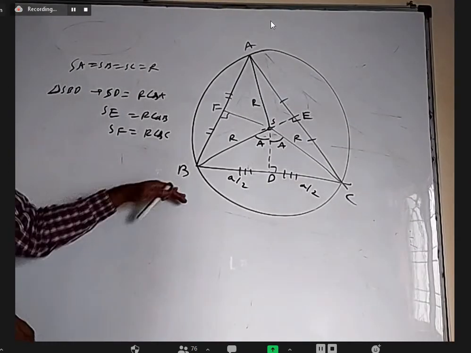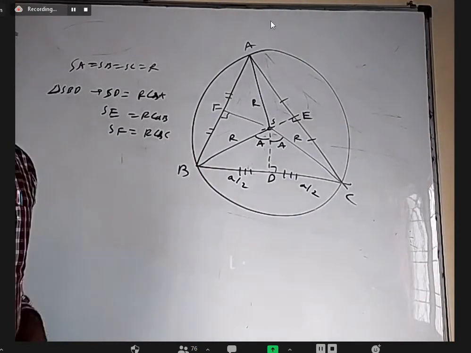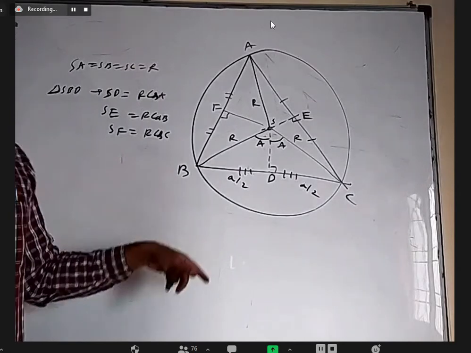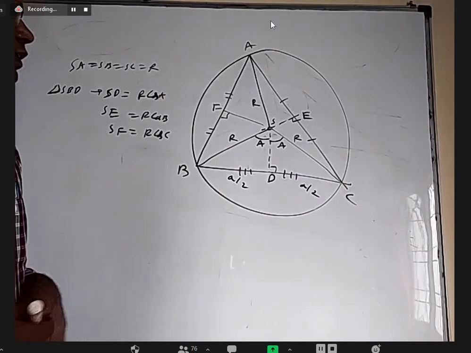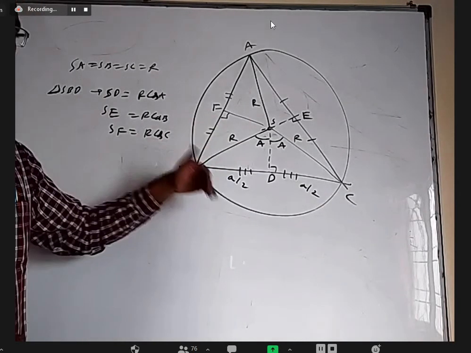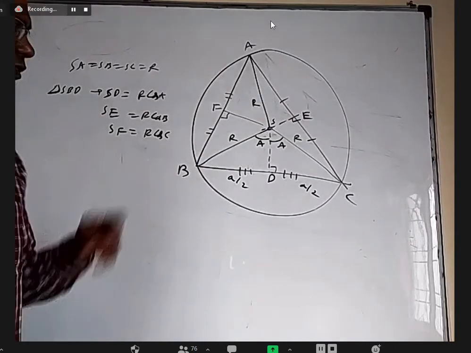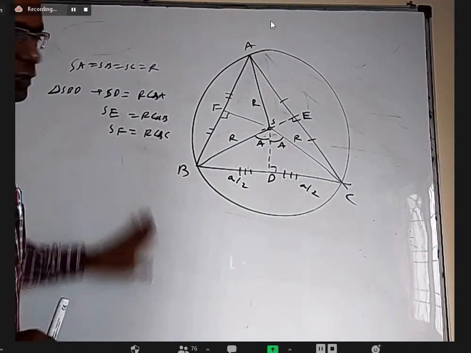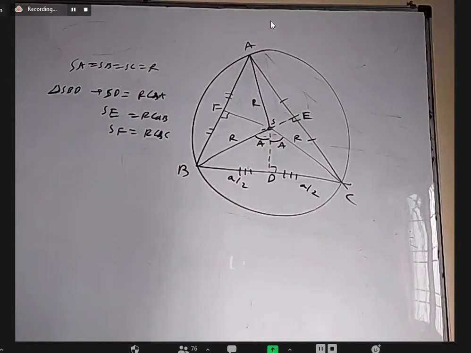Right up to here, I have to discuss something more about what I told about HG to GS, and some image of the orthocenter and circumcircle, what will happen. We should discuss it in orthocenter only, left it. It's okay. Right up to here, we'll continue in the next class.